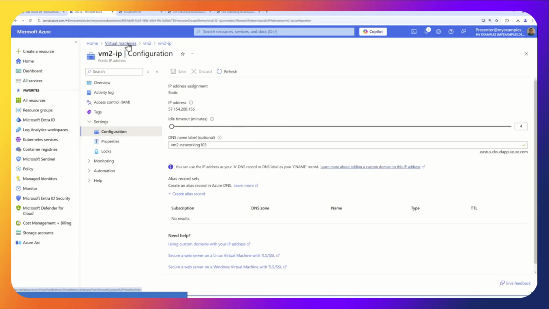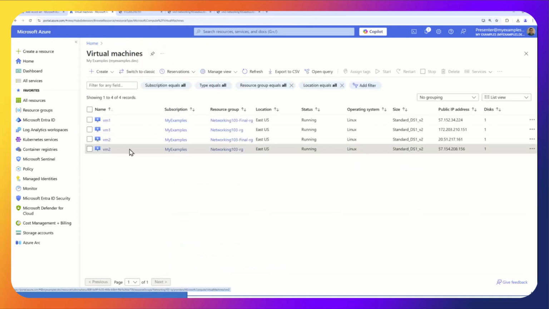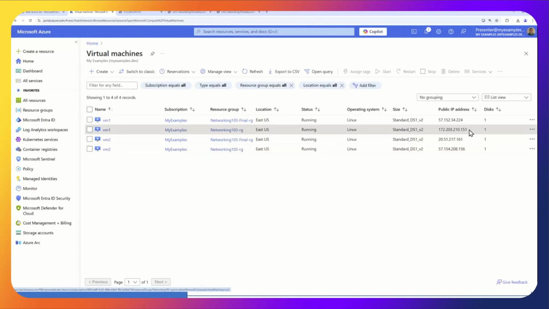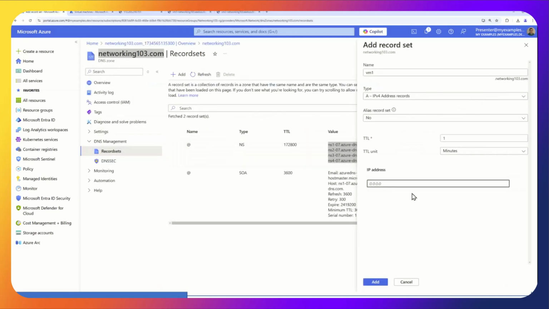I'm going to go to virtual machines, and here it is, the public IP address. You can probably just type it in there and see the demo live. All right, hit add.